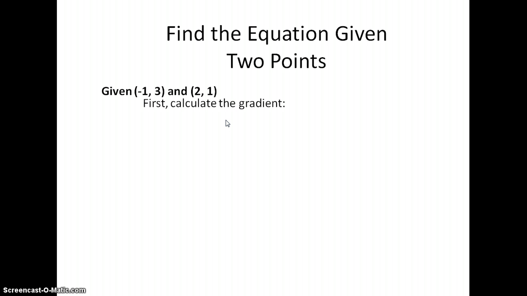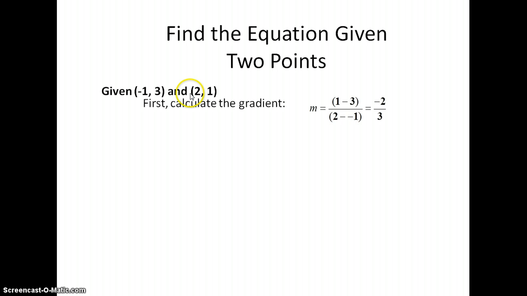First thing that you do is calculate the gradient. So you're going to use the 2 points to calculate the gradient. Gradient is m, and remember that gradient is y over x. So the y of this point is 1, minus 3, the y of the other point, divided by your x, so the x of the second point, which is 2,